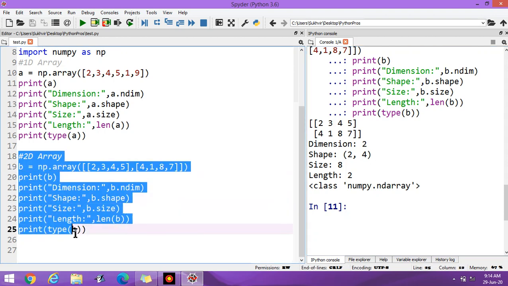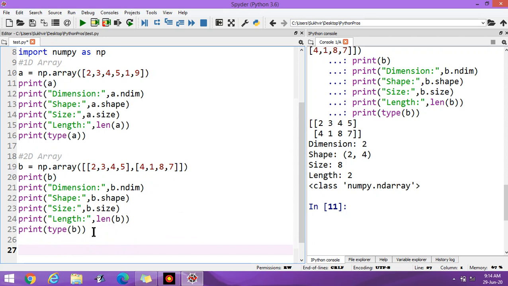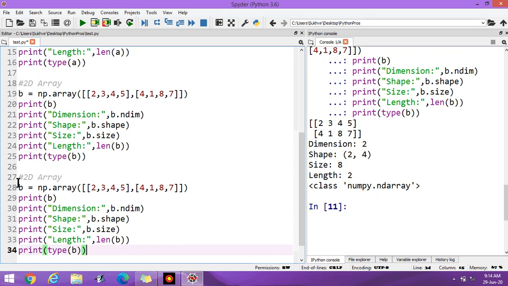Now for the 3-dimension array, what you have to do, just copy and paste this content, write here 3D, in place of B you can write C because it's a new array. You can easily edit the contents inside Python. I'm doing the work on the Spyder platform.